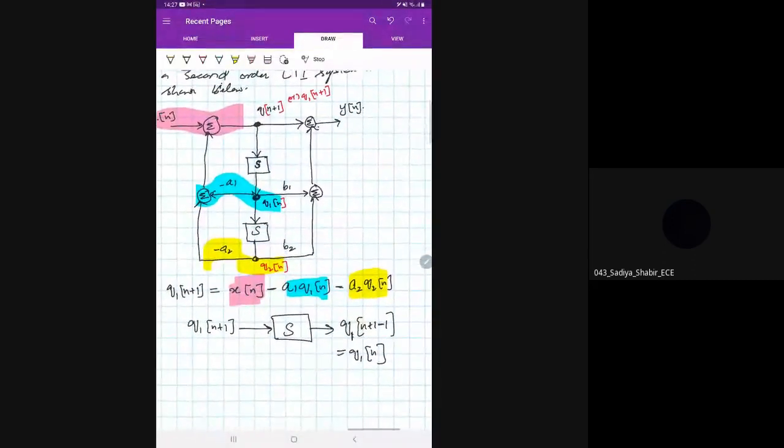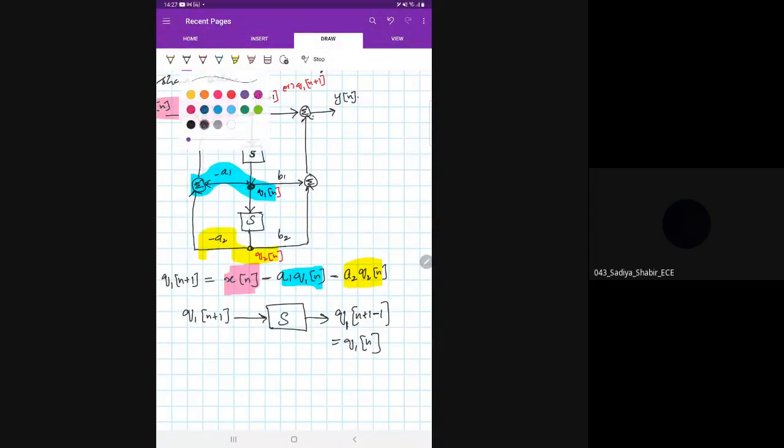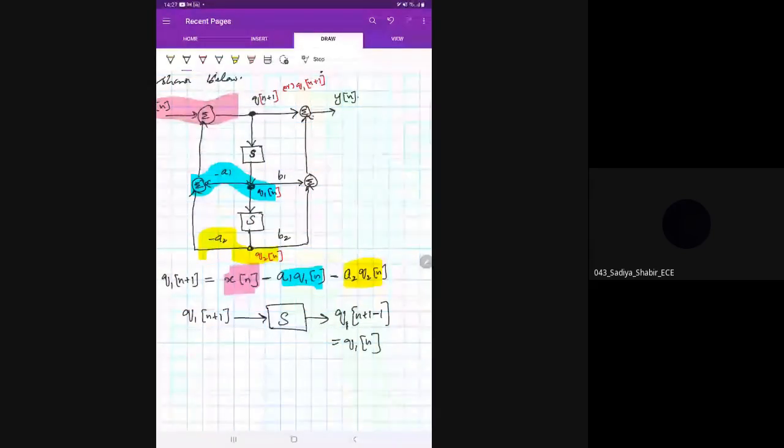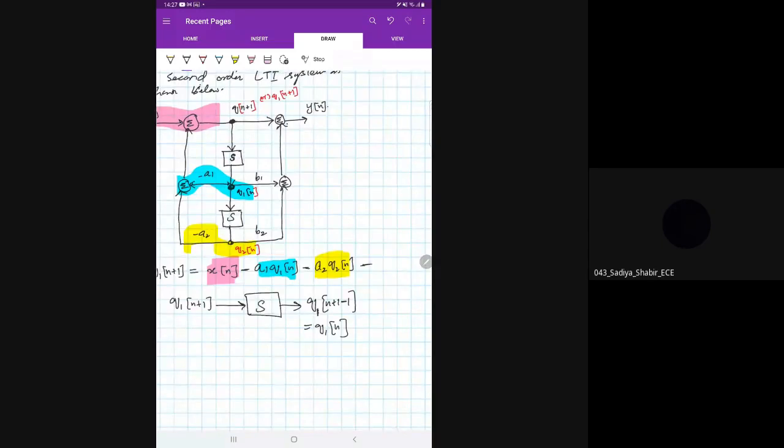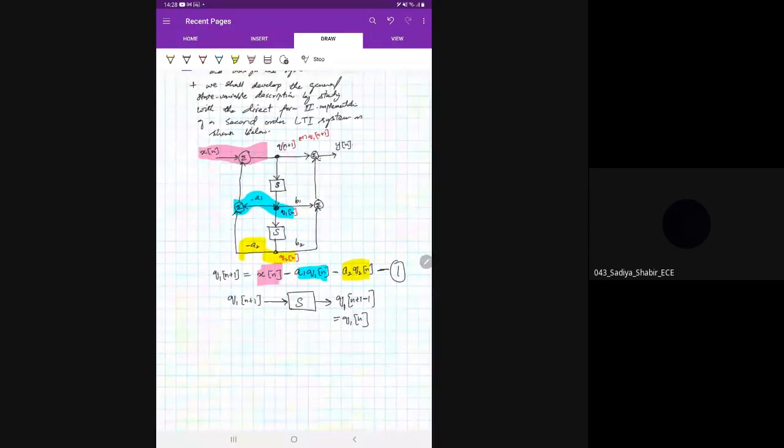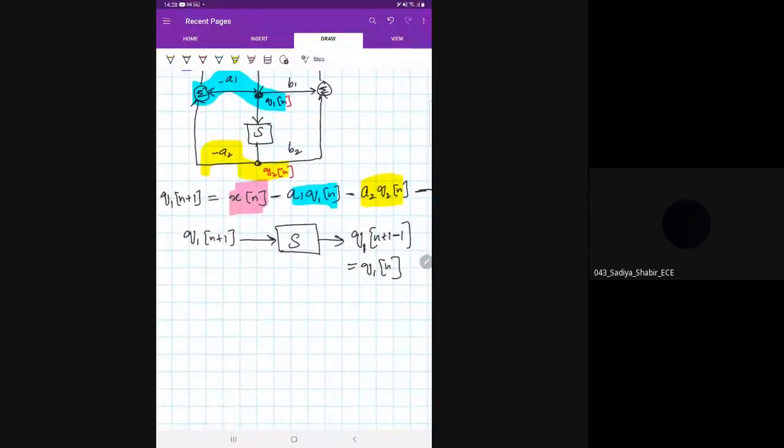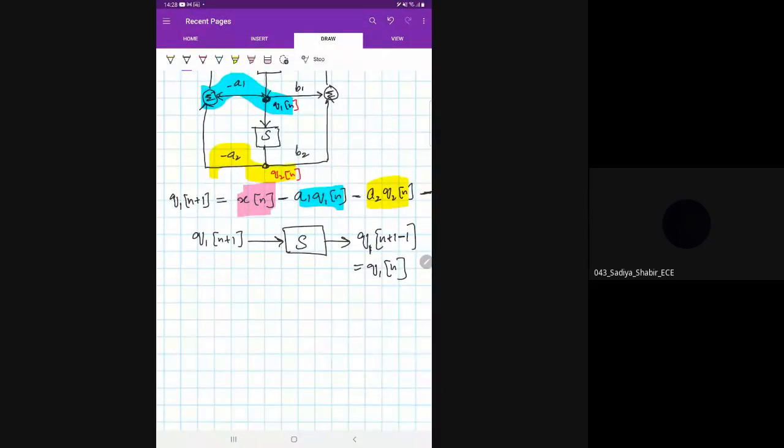So this is one thing. Okay, so I'll call this equation as equation 1. This is equation 1. Okay, पहली equation हमने ये बनाई. The second equation is q2n+1. It is also equal to